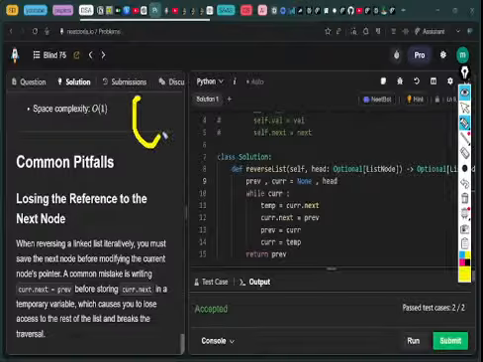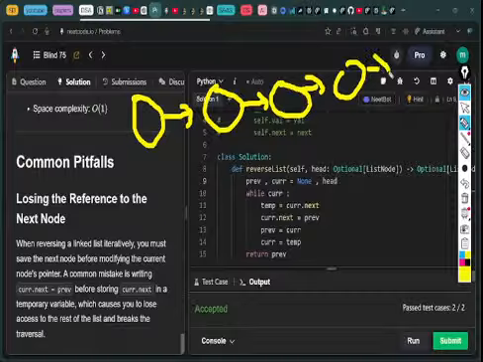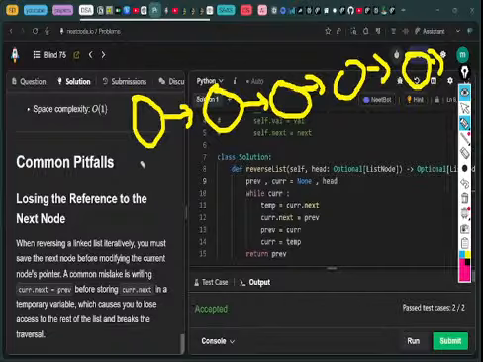That's what we gotta remember. So this points to here, this points to here, this points to here, this points to here, this points to here. This will be the current, previous would be nothing, and temporary would be this thing, right? And we